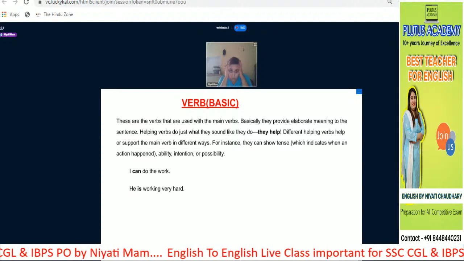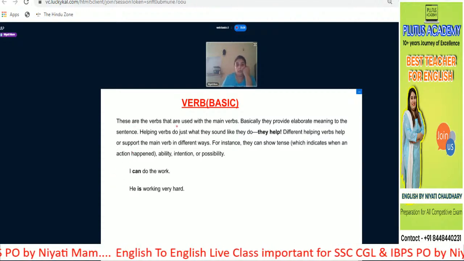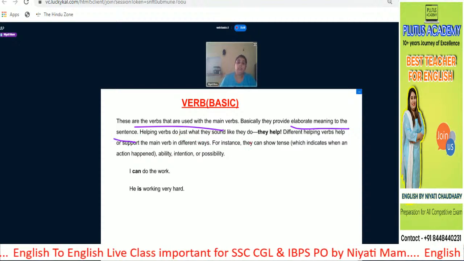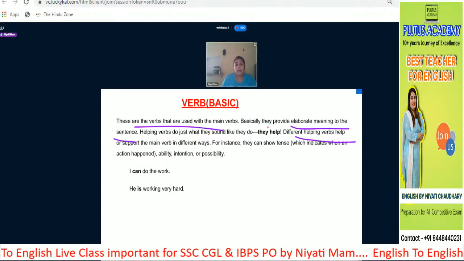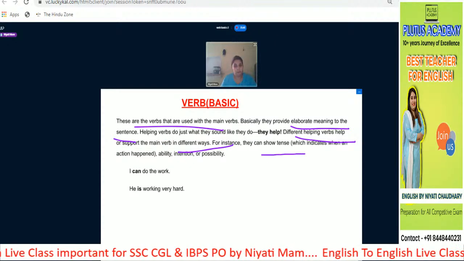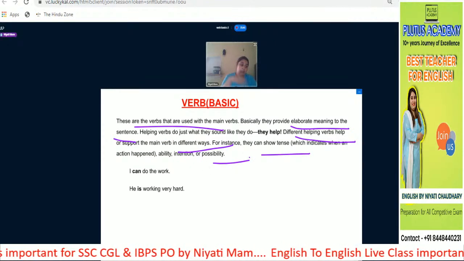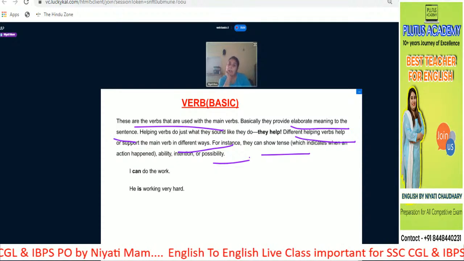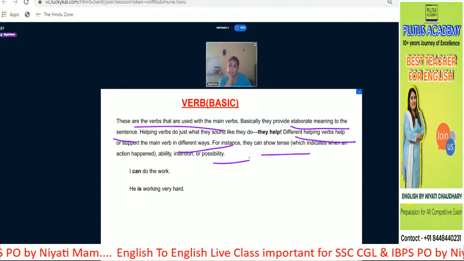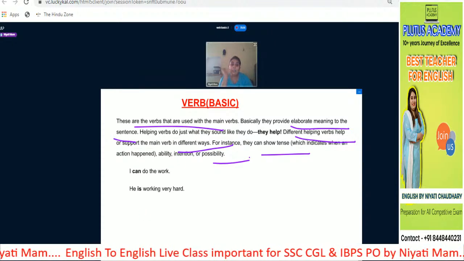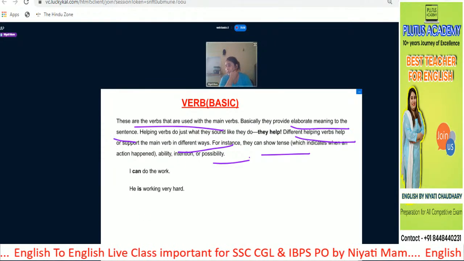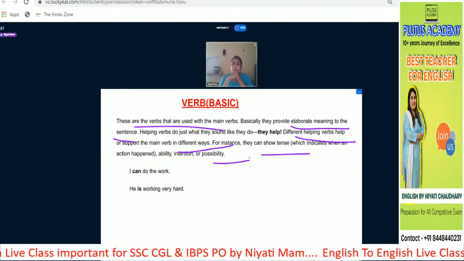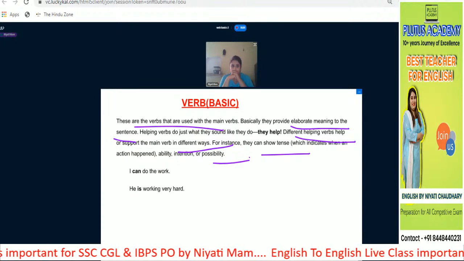Helping verbs are the verbs that are used with the main verbs. Basically, they provide elaborate meaning to the sentence. See, why do we use helping verbs in a sentence when we already have main verbs? Then why is there a need of a helping verb in a sentence? The need is that helping verbs are used to denote